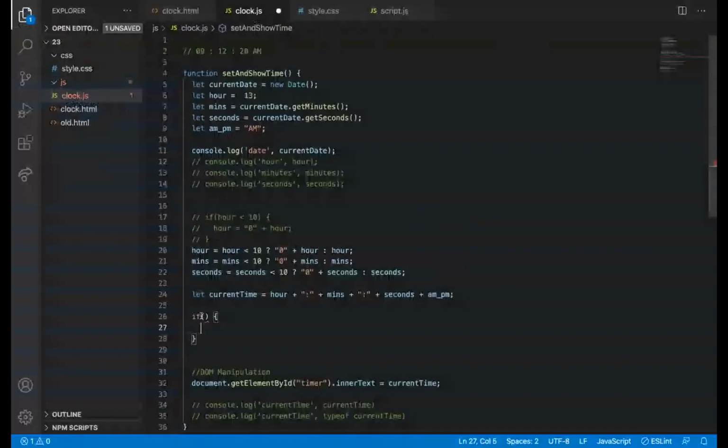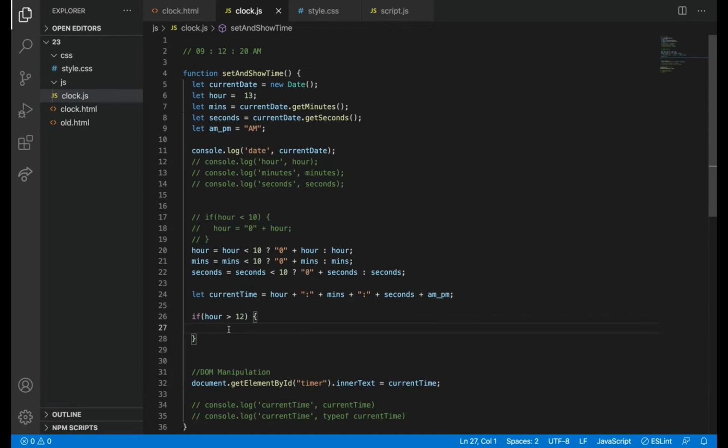Start thinking, otherwise you cannot learn. So what you want to do is, if my hour is greater than 12, I don't mind 25, 26, 27 and all. Whatever time comes after 12, I want to do some operation. Correct? That's what I'm saying, right? 13, 14, 15.